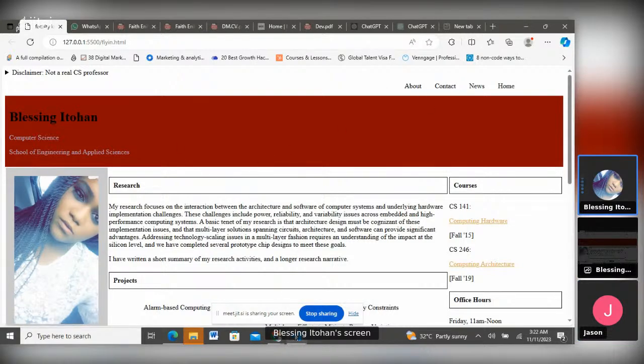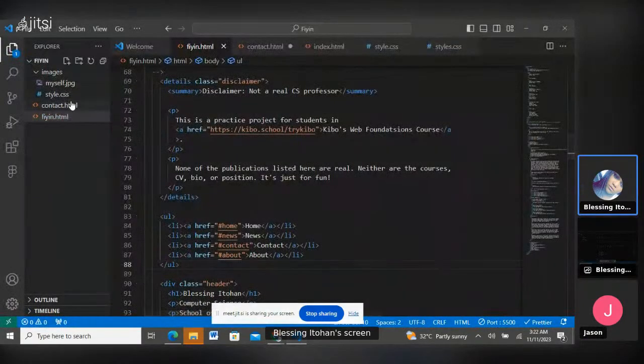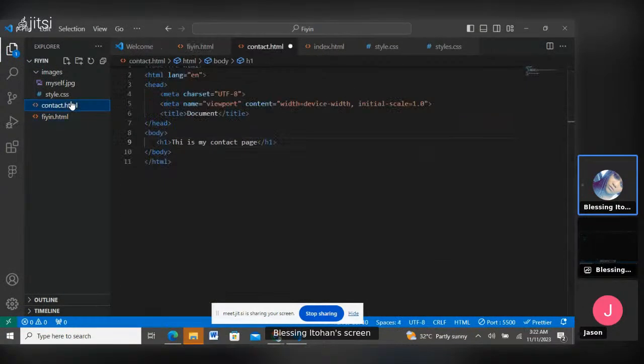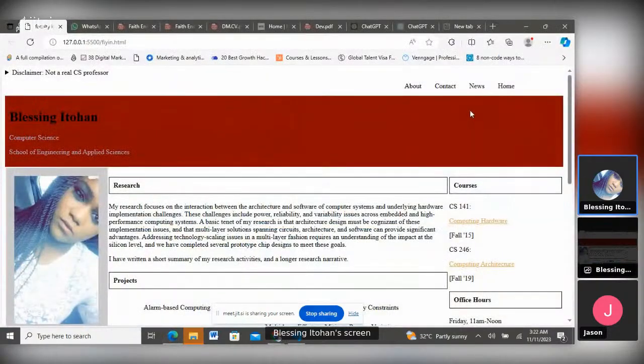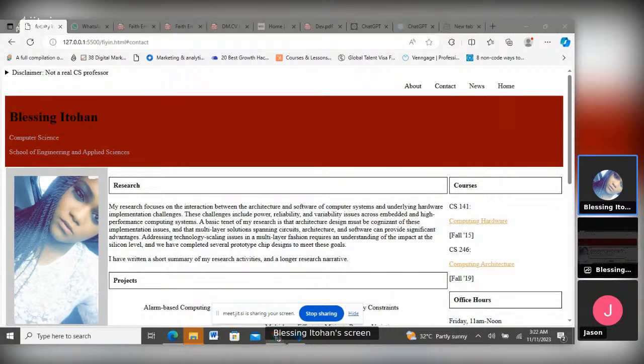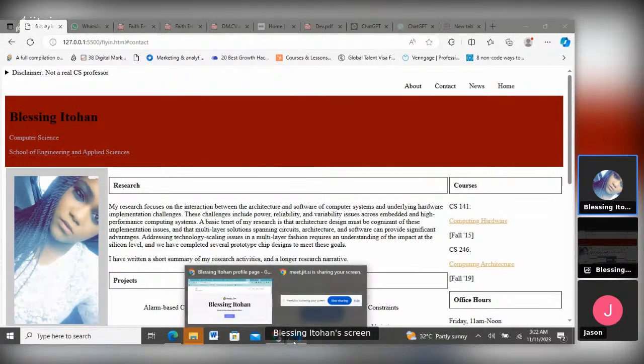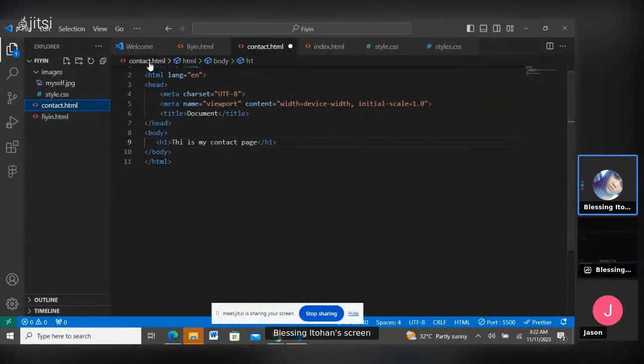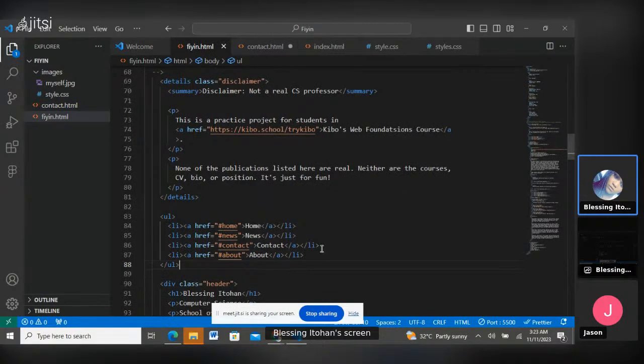So now we have created an HTML for the contacts, right? But if I come here and I click on it, it's not taking me anywhere. So now we have to link it here, so that when we click on it, it will be taking us there. So now the best way to do it, all right,